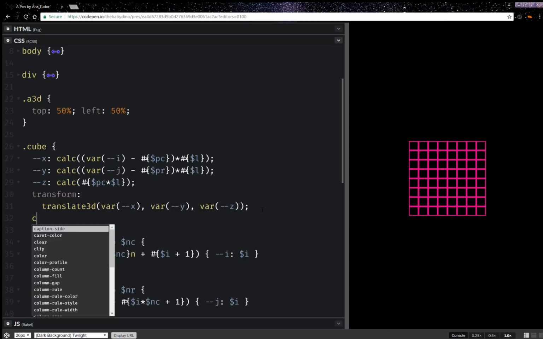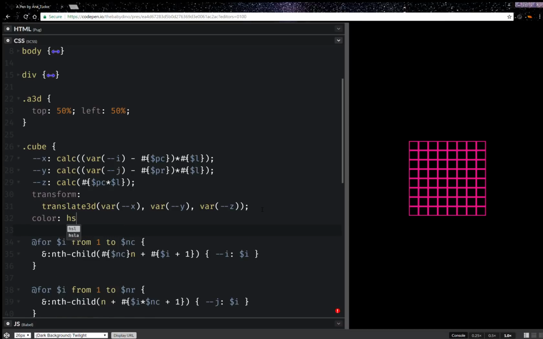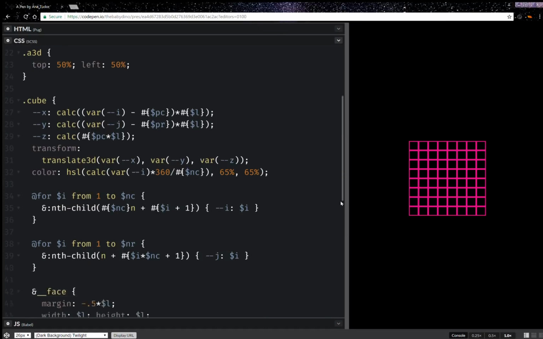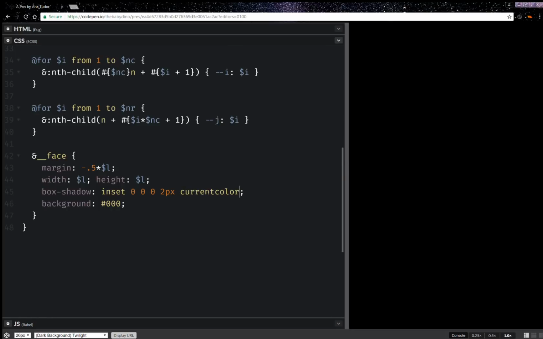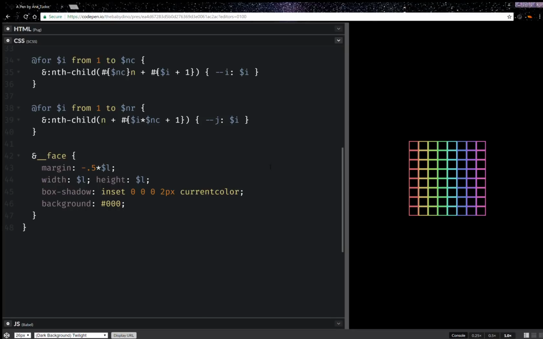One more thing I want here is set a color. It's going to be an HSL value, calc. This depends on I, so I times 360 over the number of columns. Then I'm going to have 65%, 65%. And something I'm going to do here is replace this with current color. So I should have something like a rainbow grid. Now let's actually make these,